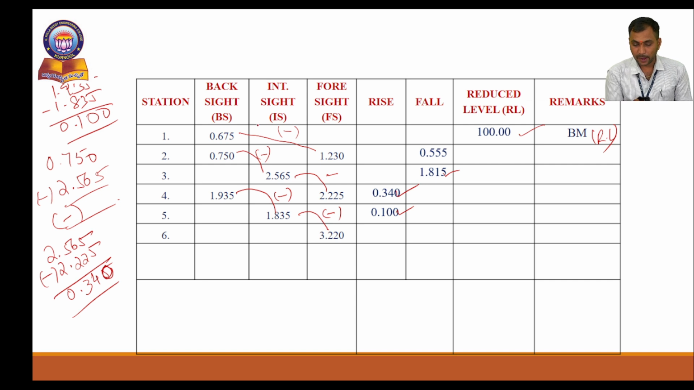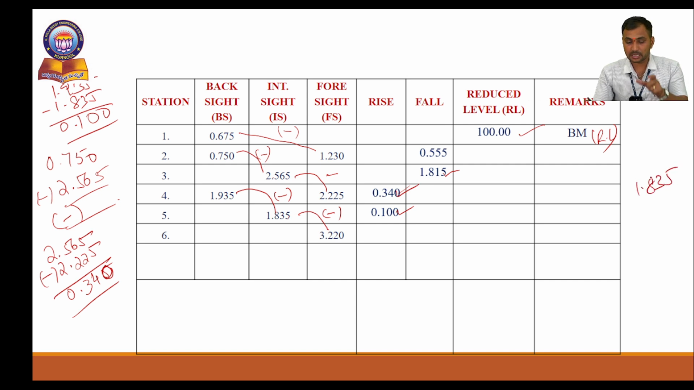And finally, intermediate side to foresight. See here, backside to foresight. Next, backside to intermediate side. The value we got here is negative. Next, intermediate side minus foresight. The value we got here is positive. So that's why we have presented it in rise. So like that we have to do. Okay. Next,